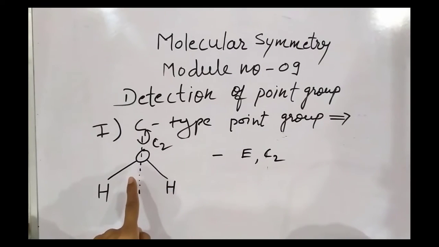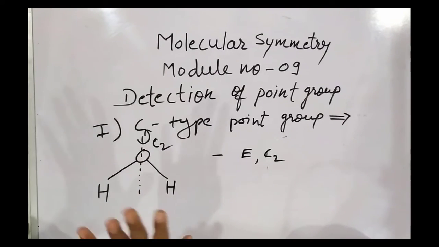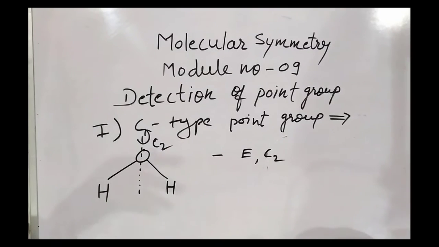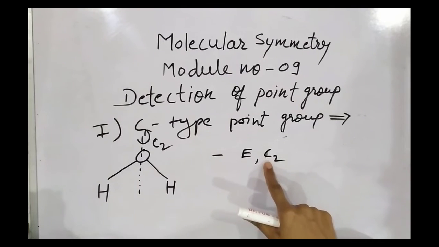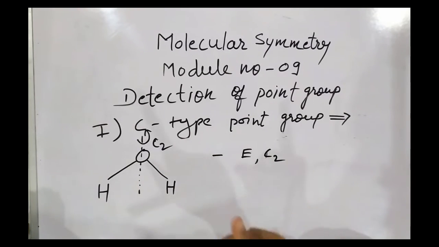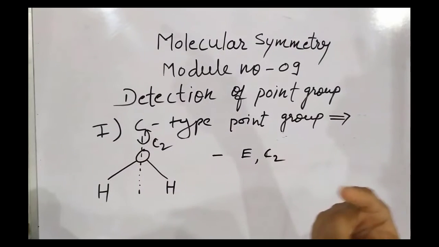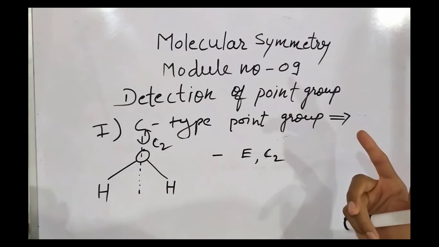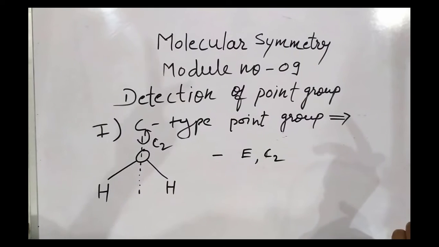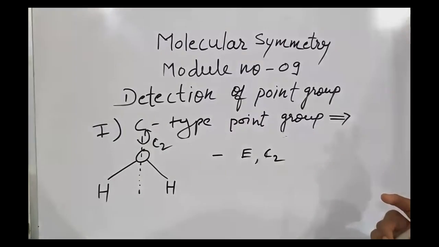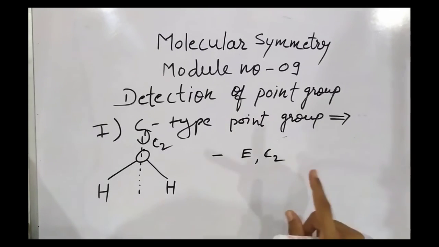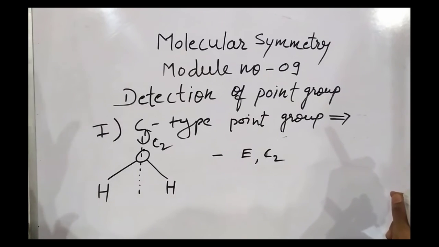Is there any other subsidiary axis or any other rotational axis present in the water molecule? No. Then according to the symmetry elements that we have studied, what comes after Cn? Sigma. In your textbook or whatever PPTs or PDF files you get on the internet, the sequence has been changed. You will find another sequence, but if you go through this sequence of symmetry elements that I have taught you, then it will be easier for you to detect the point group of that molecule.